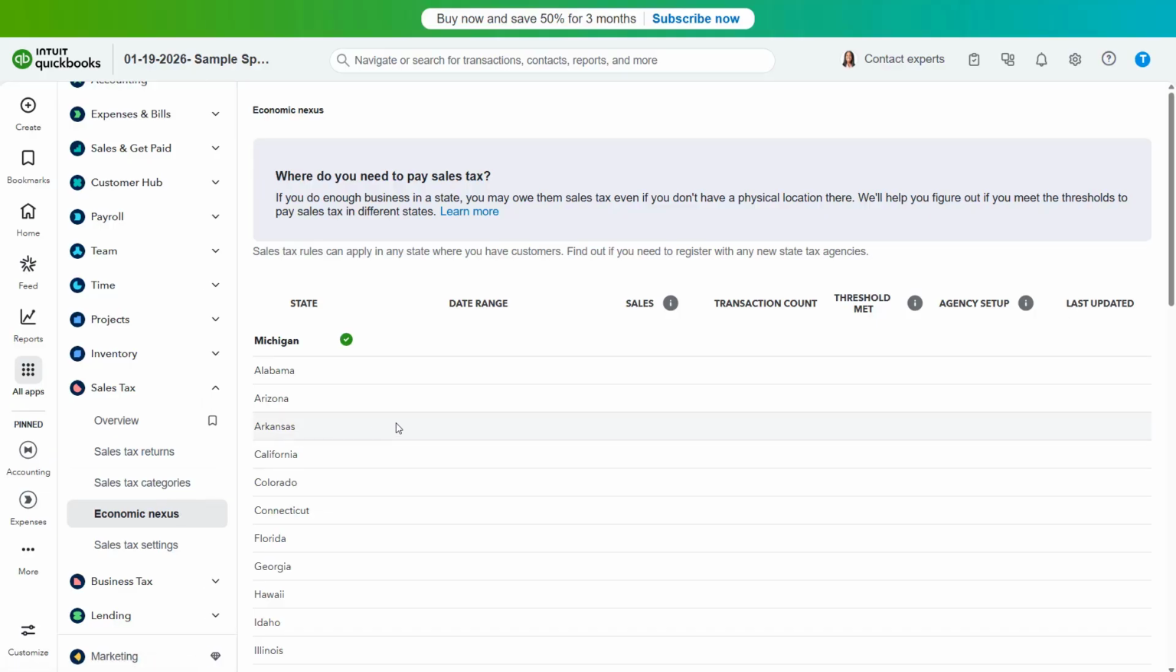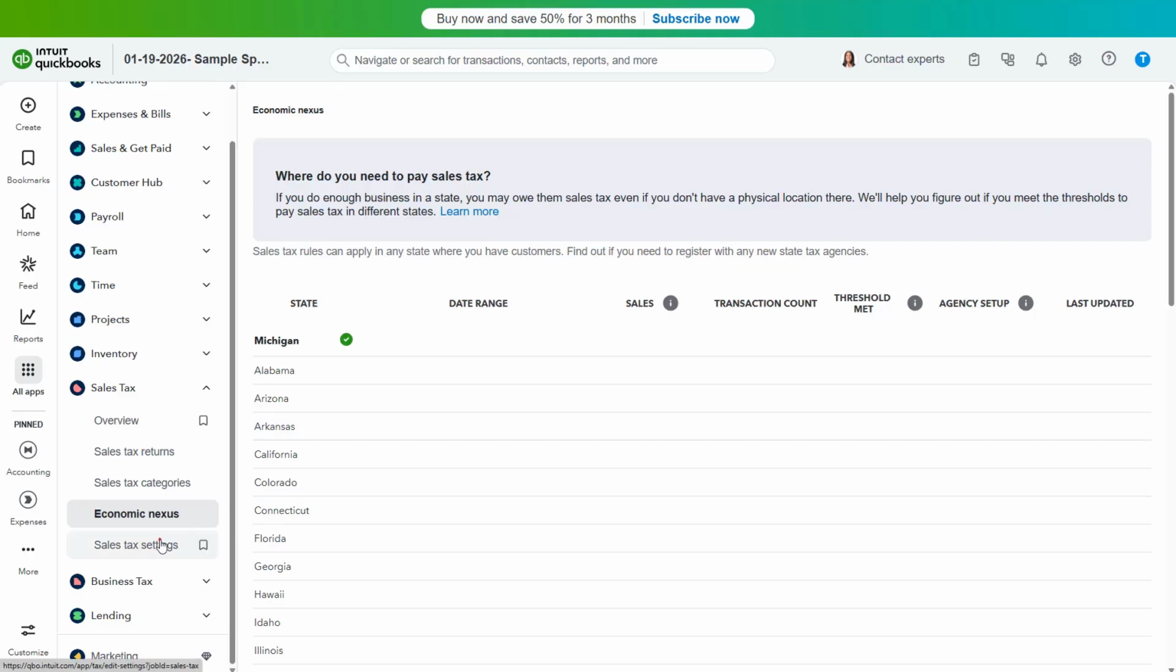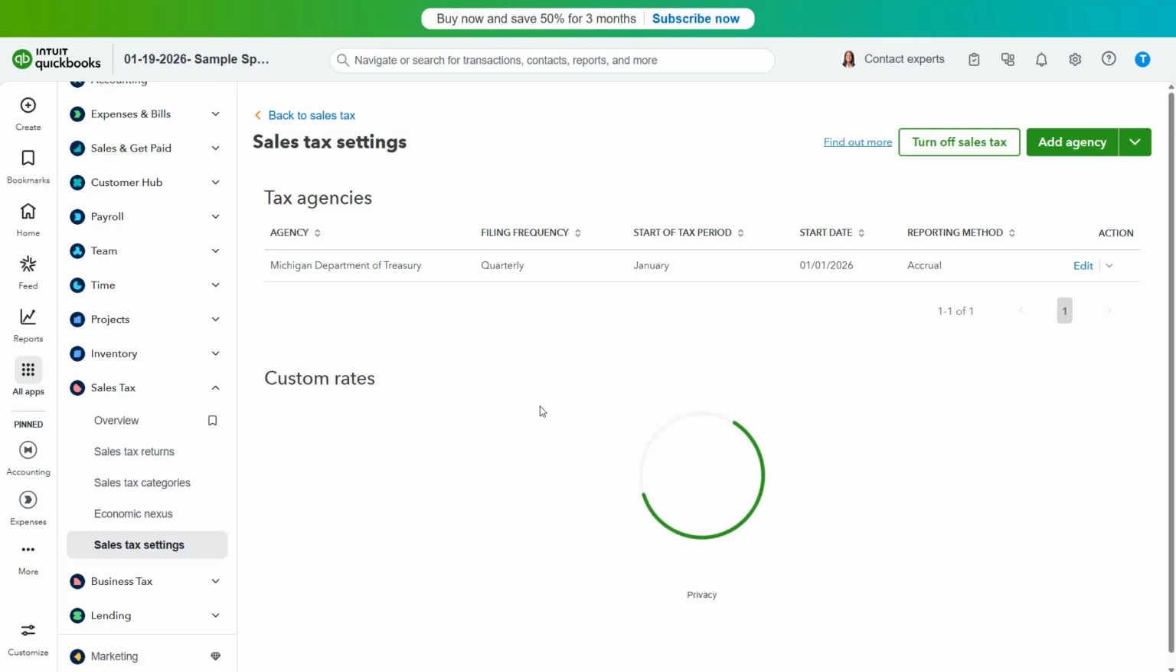This page lists any sales tax agencies you have set up or may need to set up based on your sales volumes recorded in QuickBooks Online. If you need to add an additional sales tax agency in QuickBooks Online, click the Sales Tax Settings link under the Sales Tax app in the All Apps bar to open a Sales Tax Settings page that lists the existing